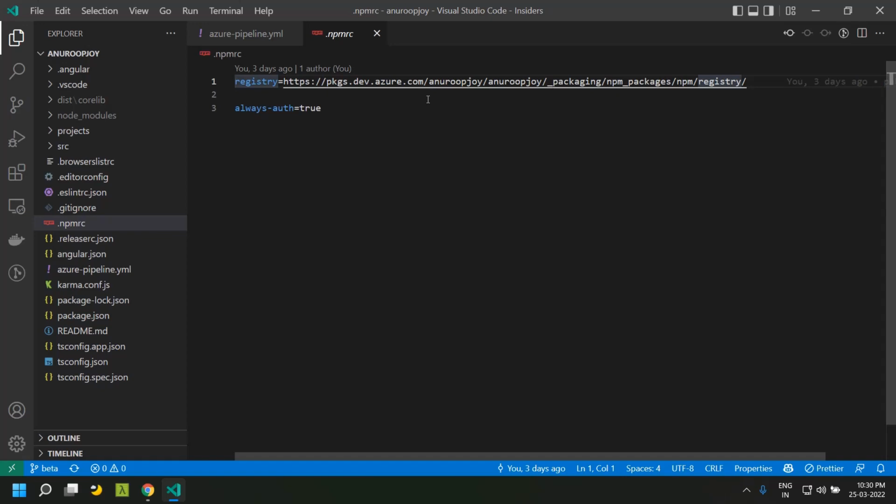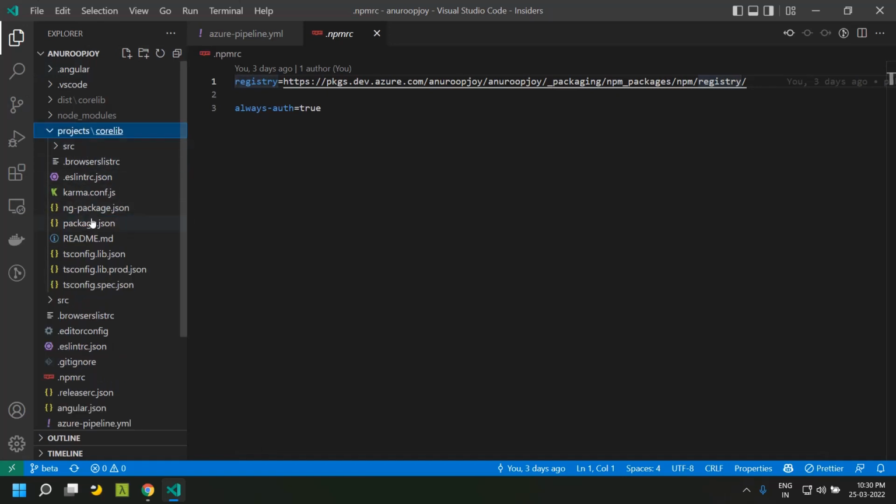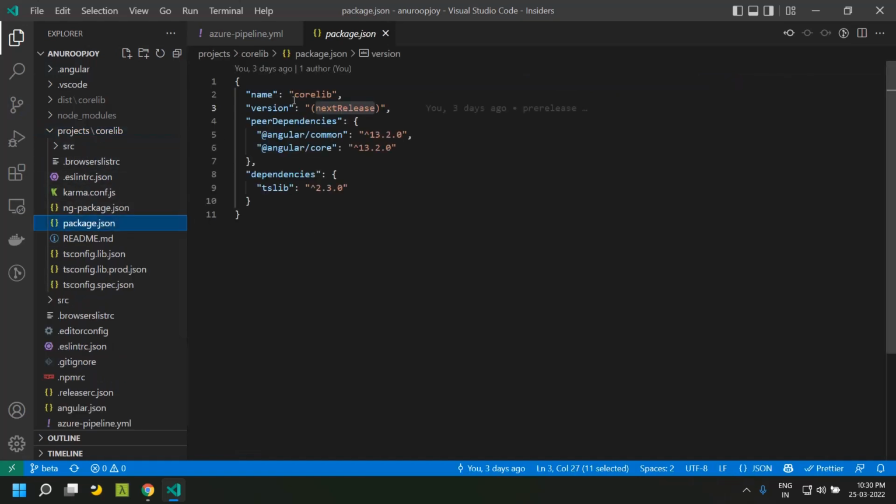Scope basically means that if you go to our core lib, we have the package.json. Here our library name is core lib. The problem with this approach is that there can be a library with the same name, that is core lib, which is present within our